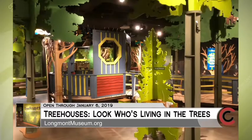So the Longmont Museum is really known for their hands-on exhibits. So tell me about this new Treehouse exhibit. It looks so cool. Absolutely. So Treehouses is our newest hands-on exhibit at the Longmont Museum, and it's so much fun because families can roam from tree to tree and really just learn all about the habitats that trees provide for all sorts of animals